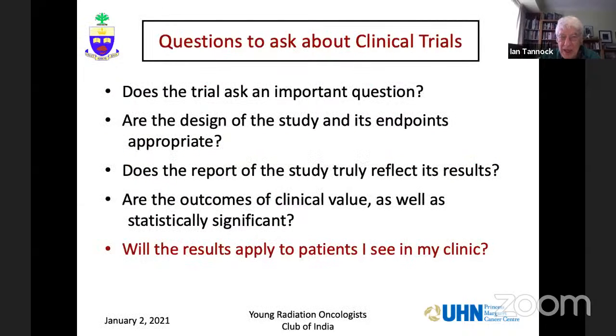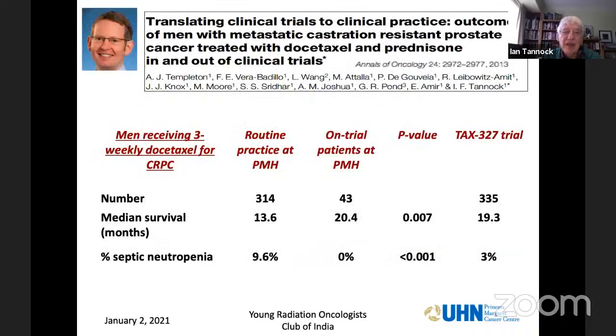Okay, the last point about clinical trials. Will the results apply to patients that I see in my clinic? Here's an example of what we call the efficacy effectiveness gap. Efficacy is in a clinical trial, effectiveness in the clinic. So this is another fellow who worked with me from Switzerland, Arnaud Templeton, who did this study. And the TAX 327 trial for prostate cancer, which I chaired,